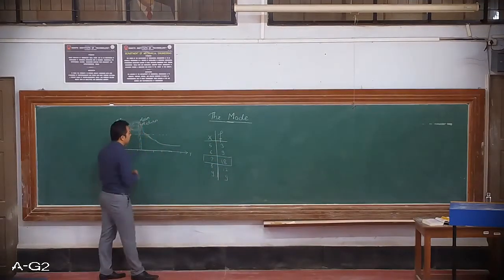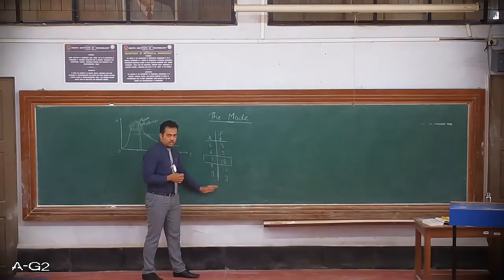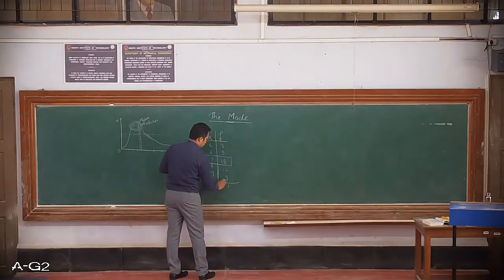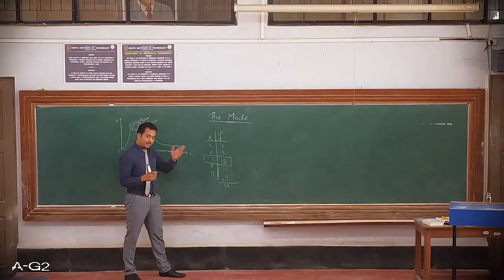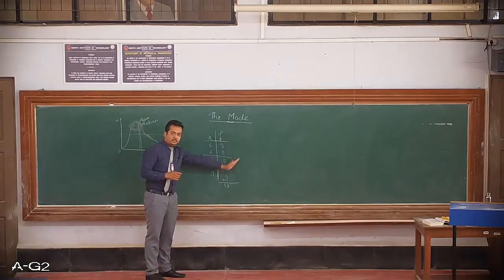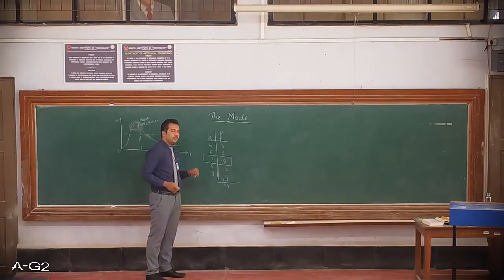And then considering the median. To calculate the median we have to find the total of it. The total of all this would be 51, so (n plus 1) divided by 2 elements gives 52 divided by 2, which is 26. So 26 would be, for this we have to calculate the cumulative frequencies. This gives you 3, then 12. So 26 would come in the third row itself. So your median would also be 7.